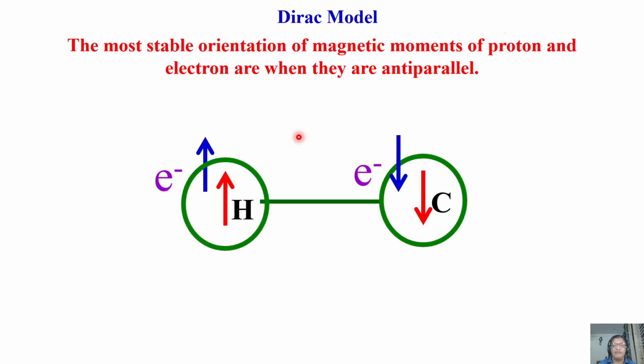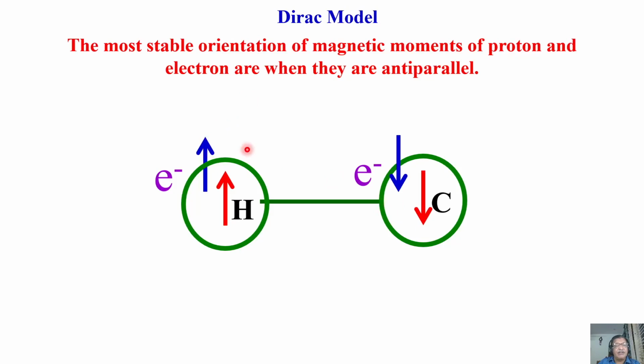I consider this Dirac model. We discussed this. So what is it when we introduce the coupling constant? I said that the most stable orientation of magnetic moments of proton and electron is anti-parallel to each other. In the very first slide when I introduced scalar coupling, I said mechanism of coupling. I took one magnetic moment of proton parallel to the field; then the electron has to be opposite for the stable configuration. But because the electron has a negative magnetic moment, I wrote both are parallel.